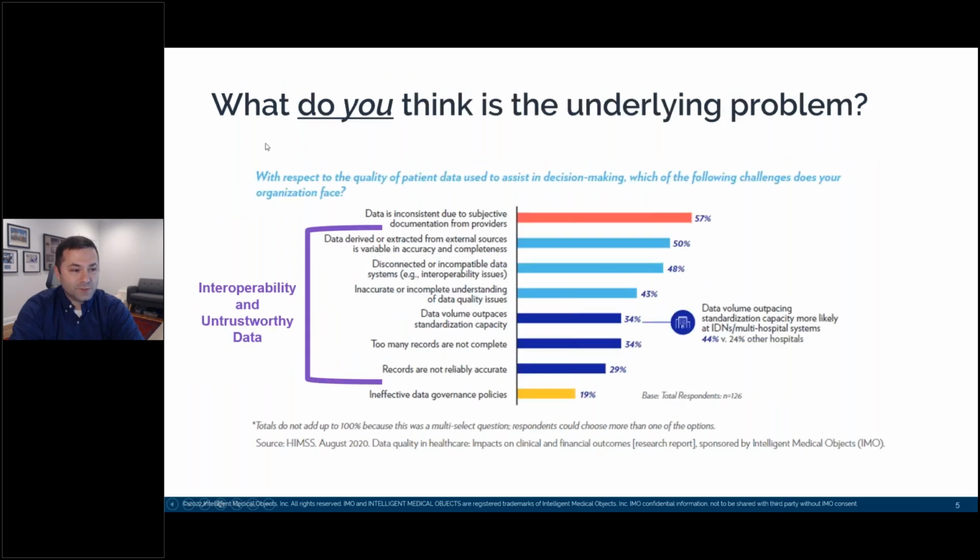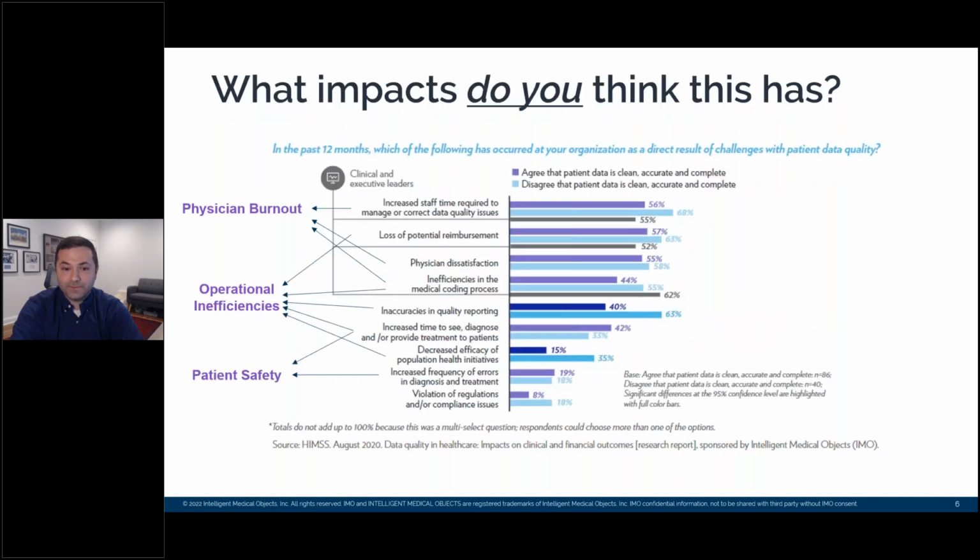So as we go back to this point up here, data inconsistency due to subjective provider documentation. If the assumption is that the provider is documenting incorrectly or non-comprehensively, that can definitely lead to downstream impact. But we'll talk about why that's an important point to keep on here in this next section, which let's focus